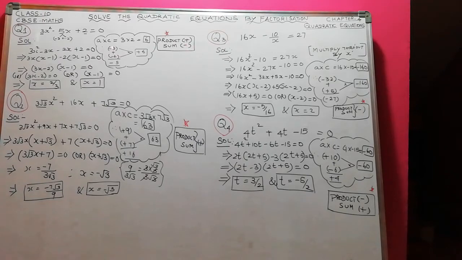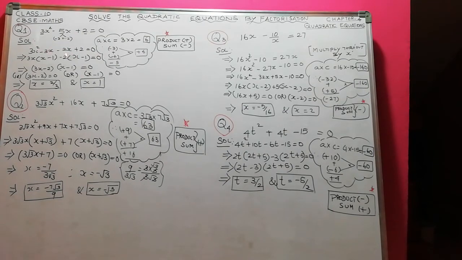So that means both the factors must be negative, because negative into negative, when you multiply together, gives you positive. So in that way we are splitting. When you split the middle term minus 5, minus 3 plus minus 2 gives you minus 5. When you multiply minus 3 into minus 2, you will get plus 6. Okay, so now we split the middle term and write 3x squared minus 3x minus 2x plus 2 equal to 0.